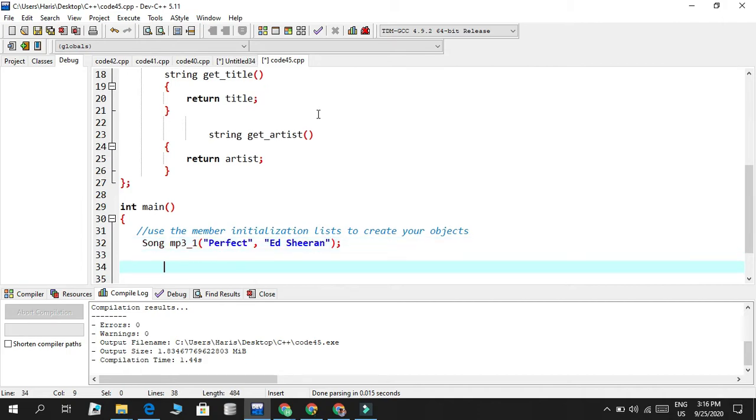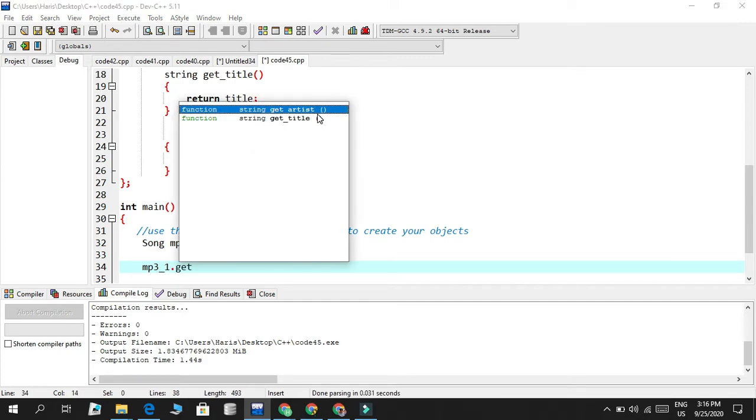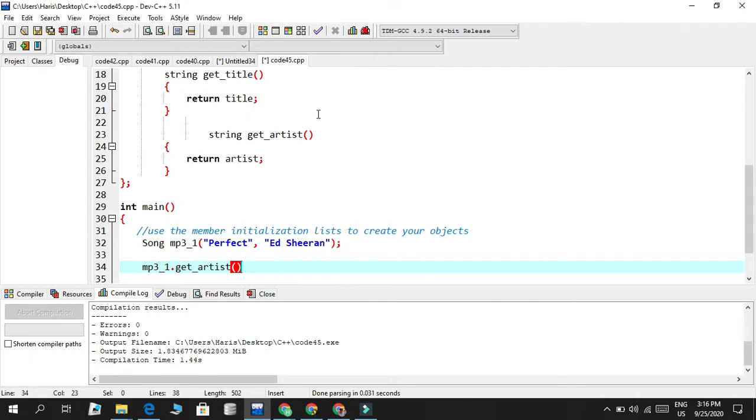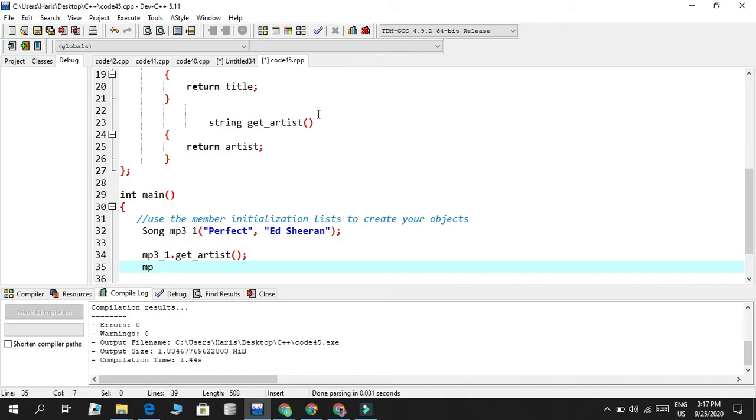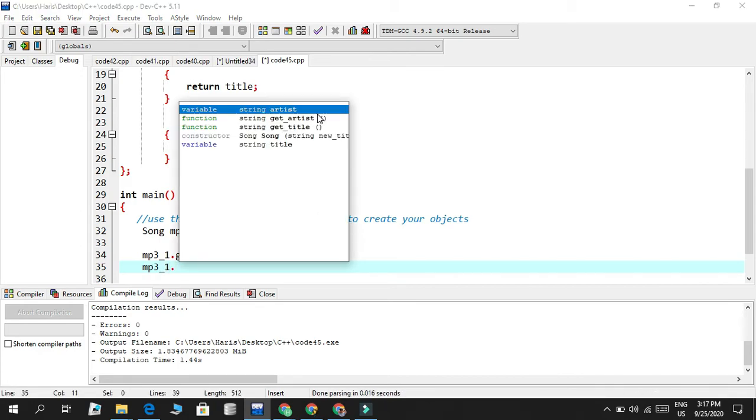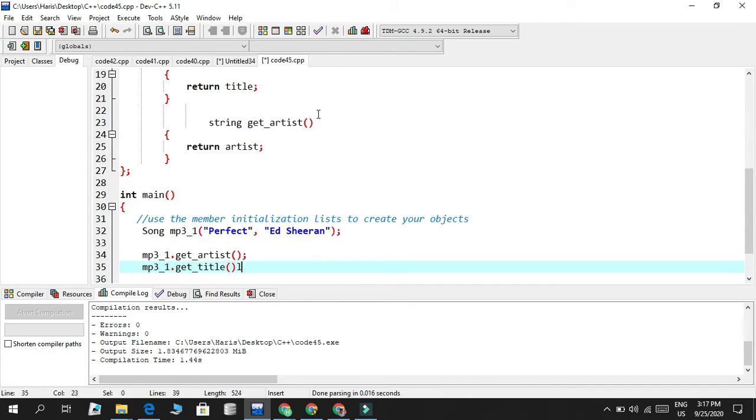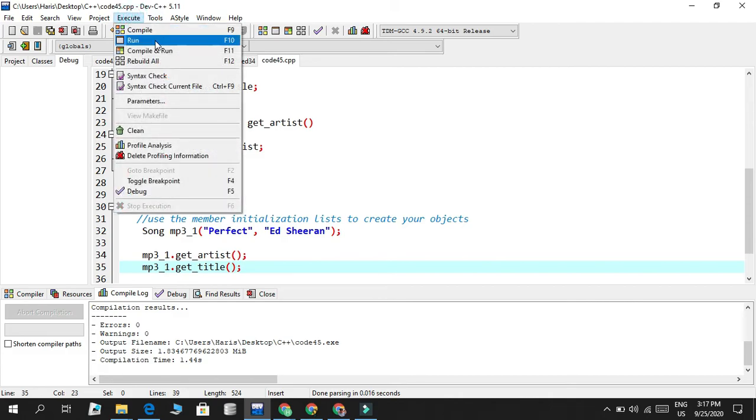And now we're just going to print it out. So we're going to do mp3-1, our object, dot get_artist, and then the other one, mp3-1 dot get_title. So we're going to run this code,